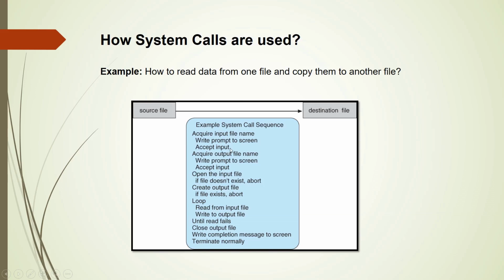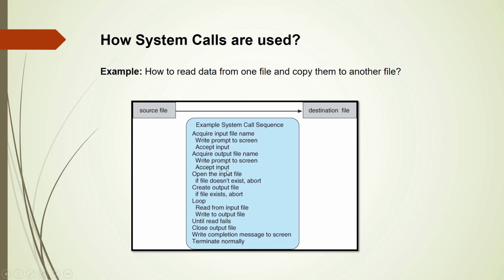Here also the user is accessing the input device, the keyboard, so one more system call will be involved. Now the system will again send a prompt, so one more system call will be required asking the name of the destination file, and again one more system call for the user to enter the name of the destination file.